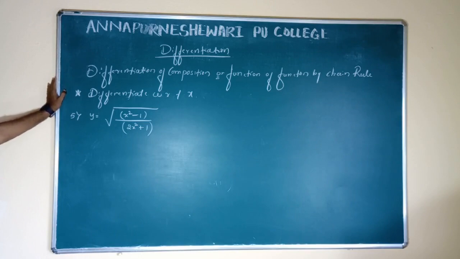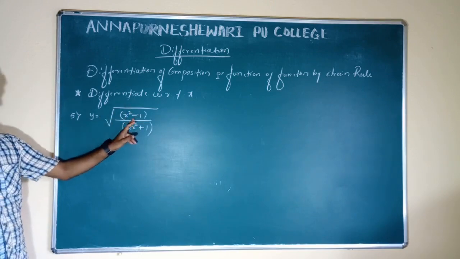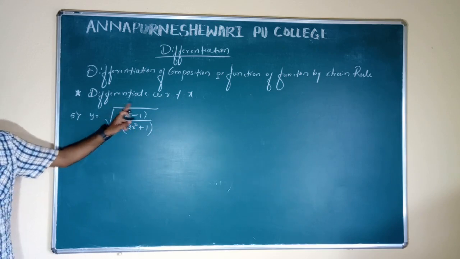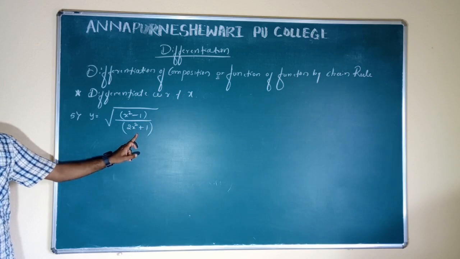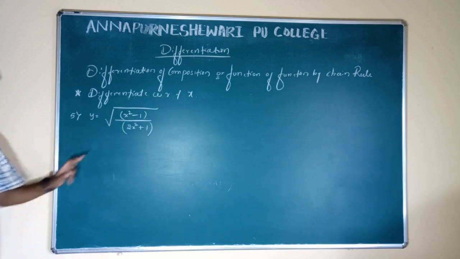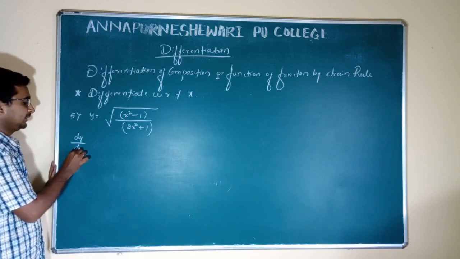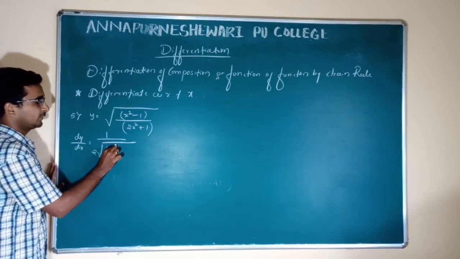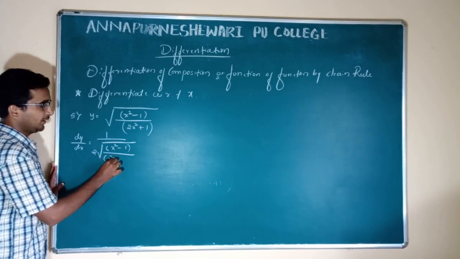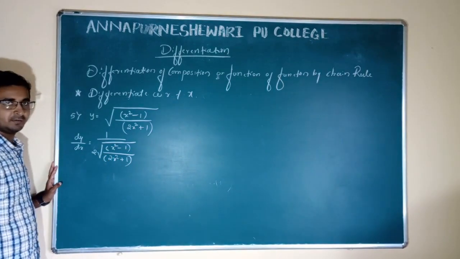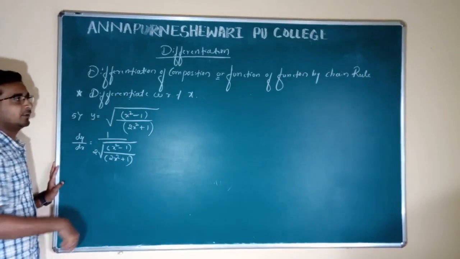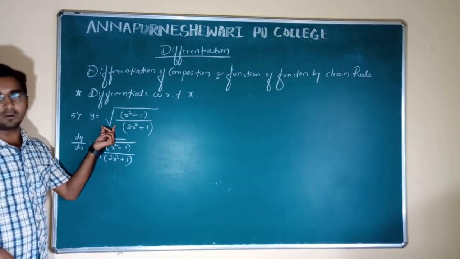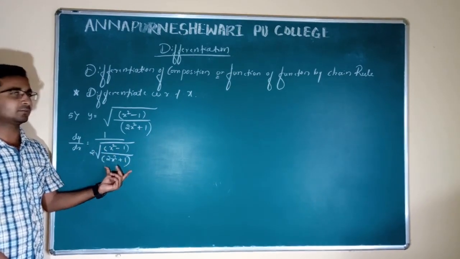So that time what do you do? Here again it is in the form of root of x, but x is in the form of u by v. Getting? First apply to the root, then apply u by v. First what should I do? Reduce the order. That is dy by dx is 1 divided by 2 root of x square minus 1 divided by 2x square plus 1. Correct? First what did I do? I applied the formula for the order of that given example. Then for the main x term.